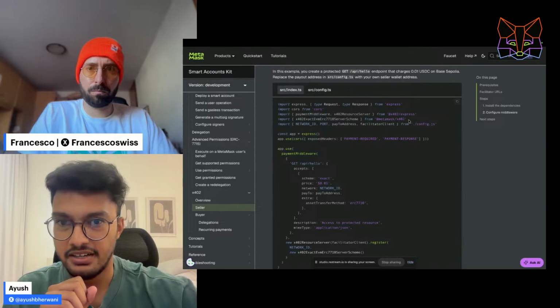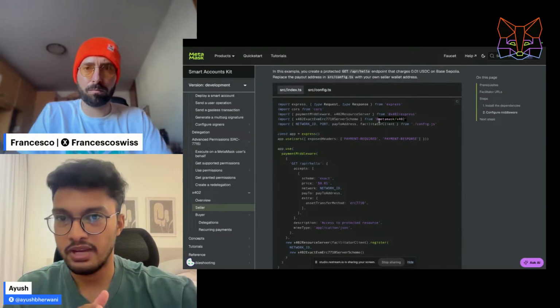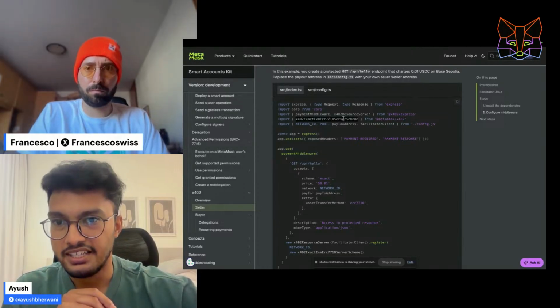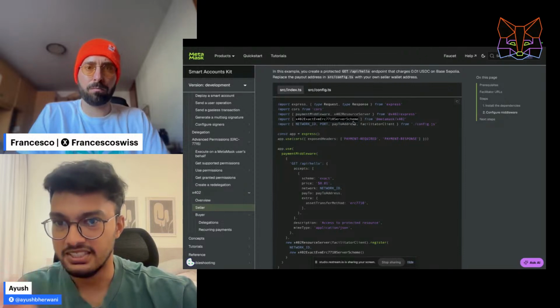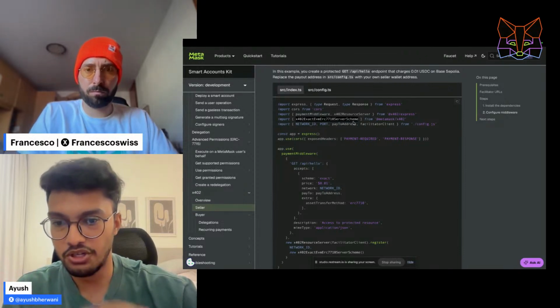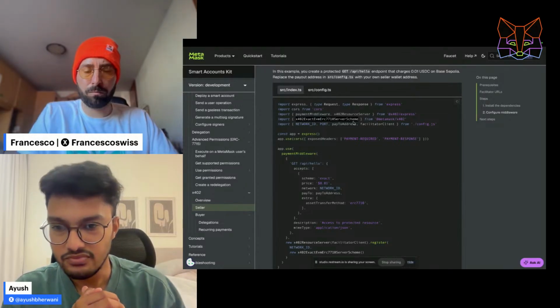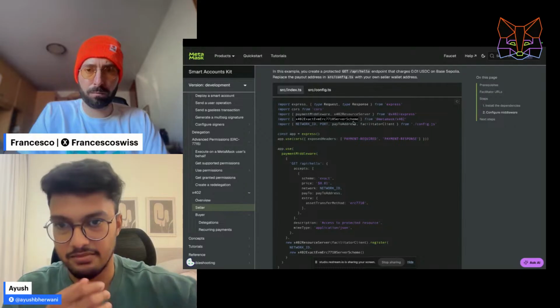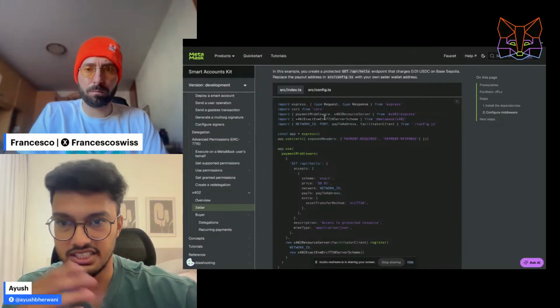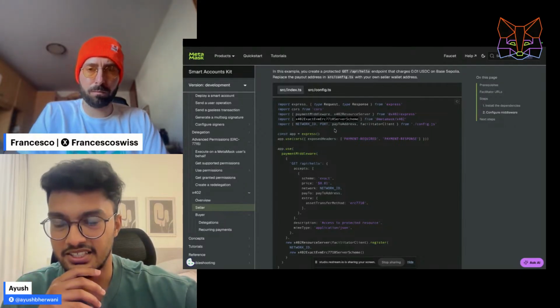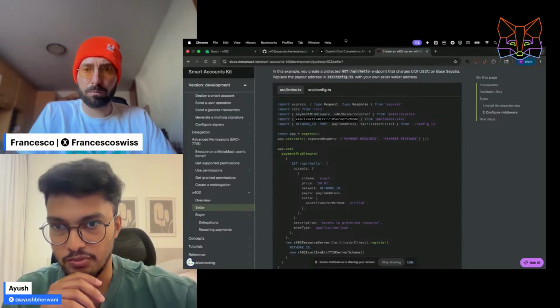So for the time being, we have created the MetaMask x402 package that you can use to have the x402 exact EVM ERC-7710 server scheme that we already talked about. 7710 is basically a scheme that we'll be using, the exact scheme transfer method. So we'll be using this, and this basically handles everything that needs to be done.